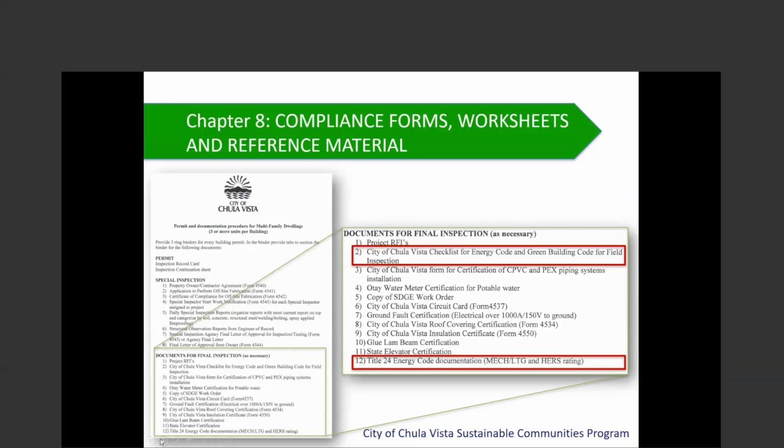And you'll see that there's this requirements or documents for final inspection. And I zoomed in on that to show that there is actually a checklist for energy code and green building codes. So those are the green sheets we just looked at that tie back into field inspection. And then even though it's not CALGreen exactly, the Title 24 energy code and documentation do relate very carefully to